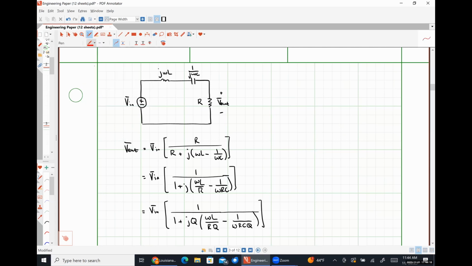And we're going to recall that Q can be expressed as omega naught L over R for the first term, and it can be expressed as 1 over omega naught RC for the second term. So since I'm dividing by Q here, I'm effectively multiplying this omega L over R by the reciprocal of this thing, and I'm going to find out that the L's and the R's cancel each other out, leaving me with